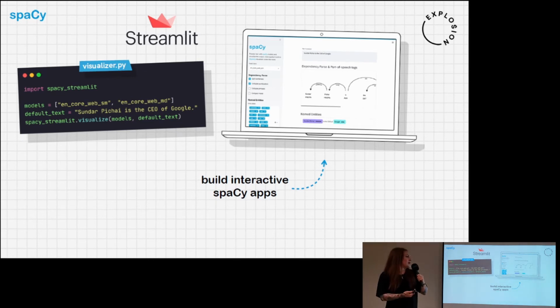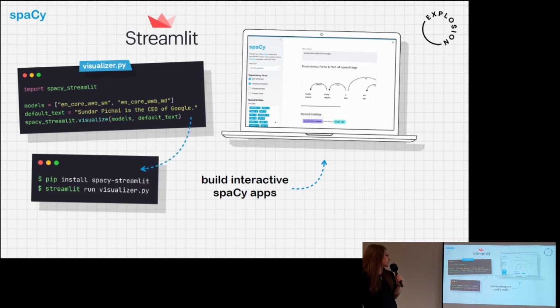For example, a named entity visualizer, where you type in a sentence and see what your model predicts. You want to compare different models. You want to see a nice parse tree. And you can do all of that very easily. That already exists even for the current SpaCy version. So you can download it, either use the full visualizer in your code, where you really only have a few lines of code to create your app, or you can also put it together and use it to build your own apps, visualizations, and even more complex tools.